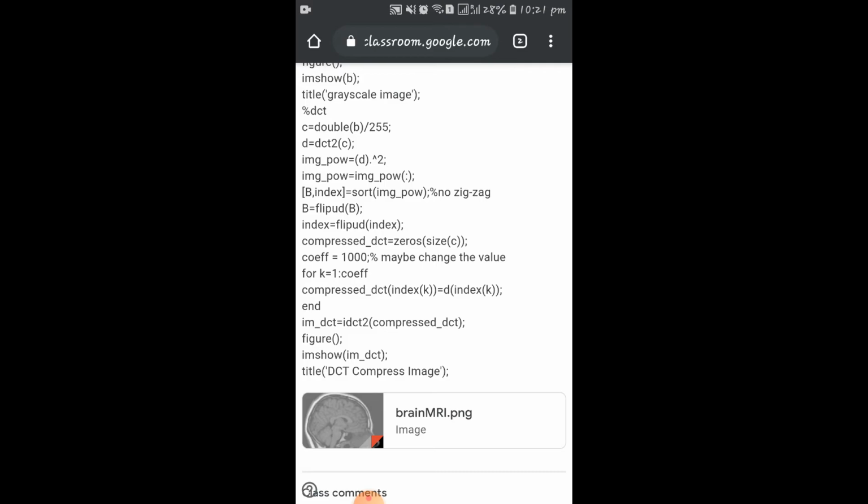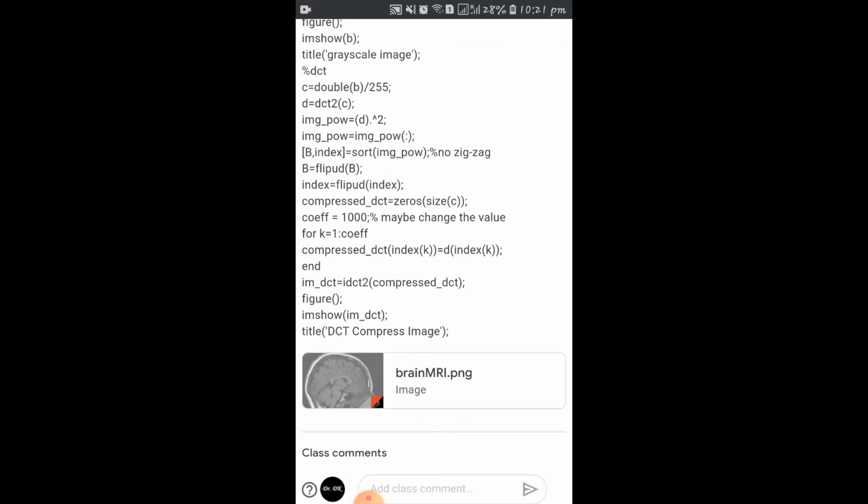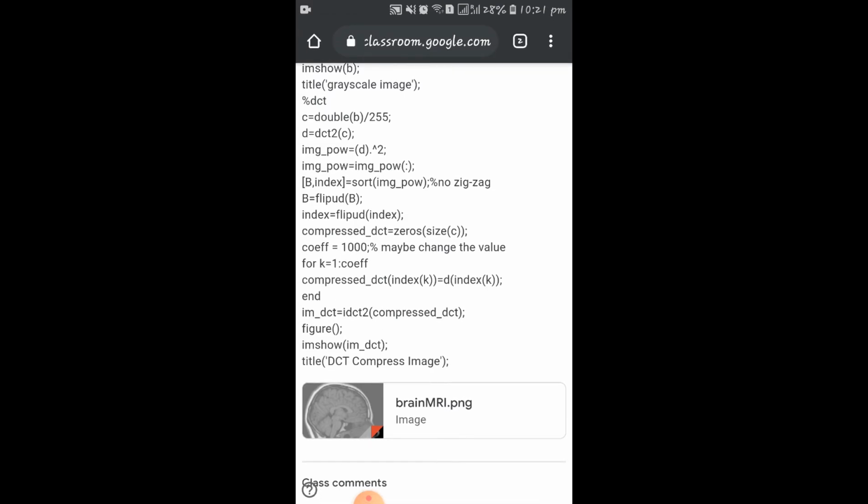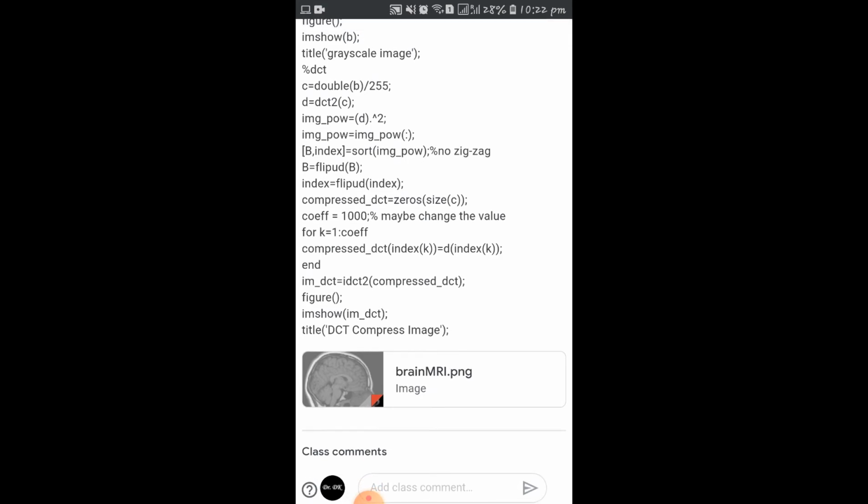So we are sorting the power from the minimum power to the maximum power, and then we are using the flipud command. So in MATLAB, flipud is used to flip the values in the up down direction. So that is about the horizontal axis. So it is used to sort your array values.